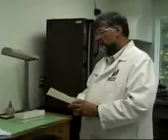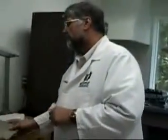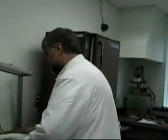Okay, since there's no place in the United States to test watches for timekeeping, we decided to start our own little mini observatory. We're using as our testing standard the U.S. Government Department of Commerce National Bureau of Standards, the testing of timepieces. They stopped testing timepieces in the United States probably in the 1950s. This is an older book. In fact, the National Bureau of Standards changed its name in 1988 to the National Institute of Standards and Technology. But we'll use the criteria that's set out in that book. Although it's not as stringent as what's used today, it's still a very good test of